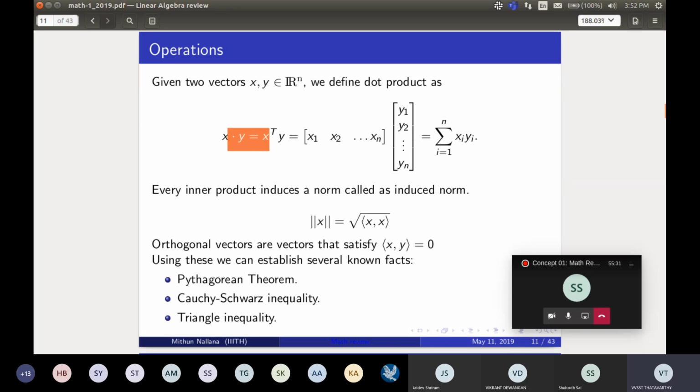So now if you take x and y as different vectors, this is what we define as the dot product. Now if you take the same vectors, then you call it the inner product, and then you get to the L2 norm. If you just take x dot x, you will be summing up x1 square plus x2 square plus x3 square till xn square. You have to take the square root of that to make it equal to the L2 norm. In general, you can take the square root of the inner product to get the norm. It's a different way to look at the same thing.